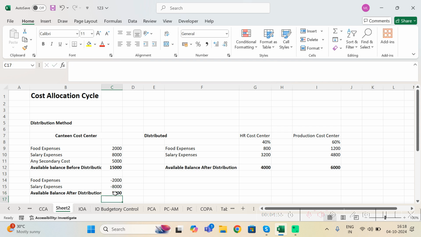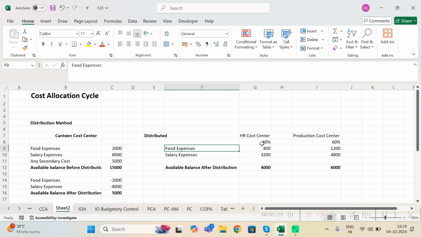5,000, because this 5,000 is not distributed. This 5,000 is left. Still, if you go and check in the canteen cost center, you will find a 5,000 balance, because this line item or this value is not getting distributed from canteen to the cost center. Now after the distribution, if you come and check in these two cost centers, same cost element